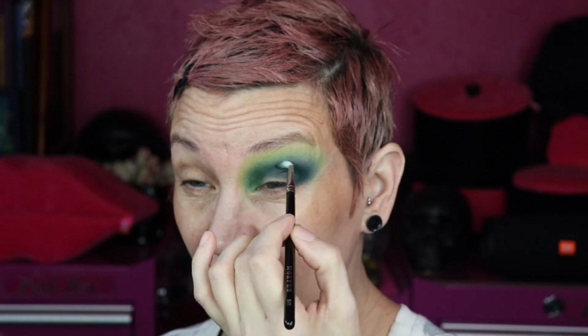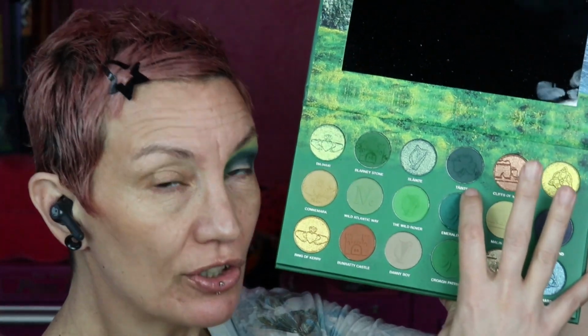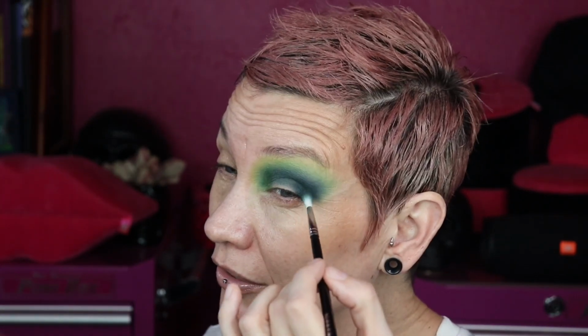I went into that deepest green. I really like it. It is not a dark emerald green. It looks like it is, but it's actually a deep teal, like a slightly dirty teal. But you guys know I love the nuances. So I'm going back into Keem Strand because I feel like I really lost it, but...